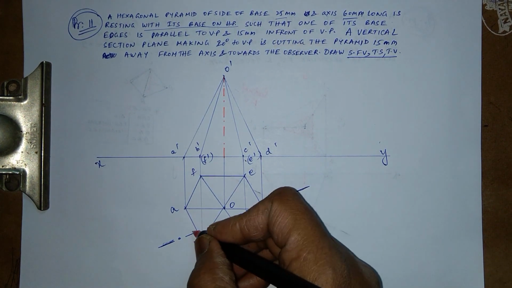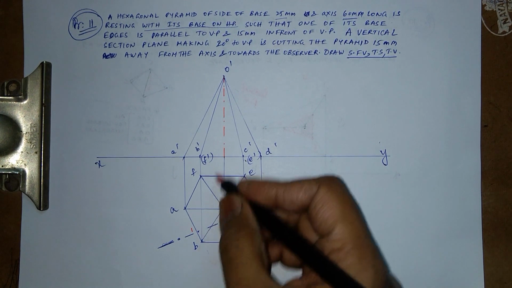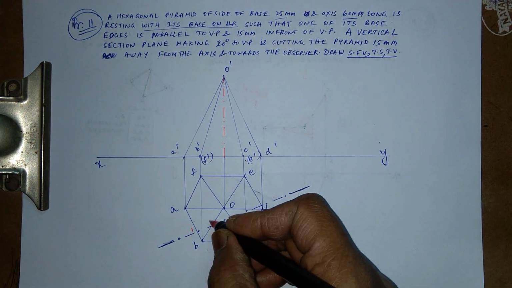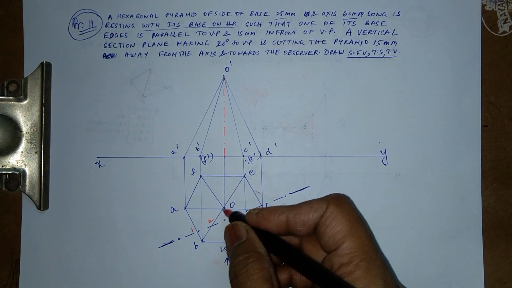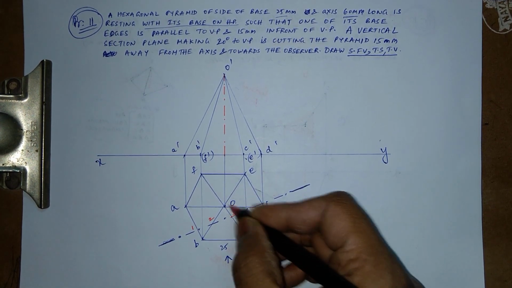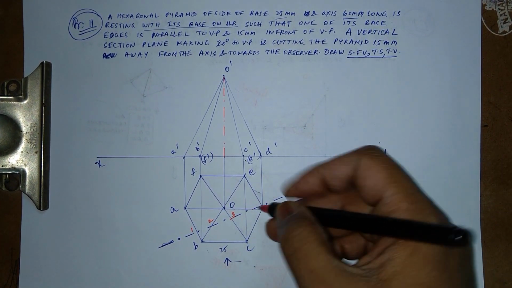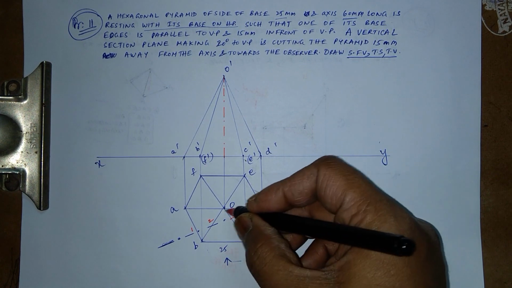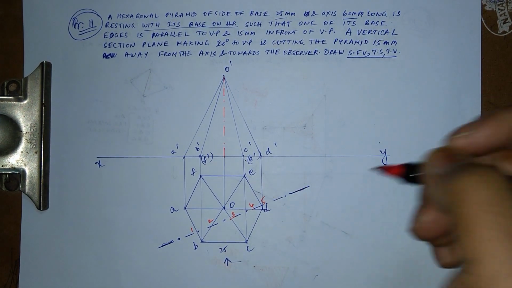But I'm starting off from here. This is my first point, which is on AB. That's on the base. Now this is my second point. This is on OB. This is the slant edge. This is the third point, which is on OC. And then this is my fourth point, which is on OD. And this is my fifth point, which is on ED. Okay, these are my